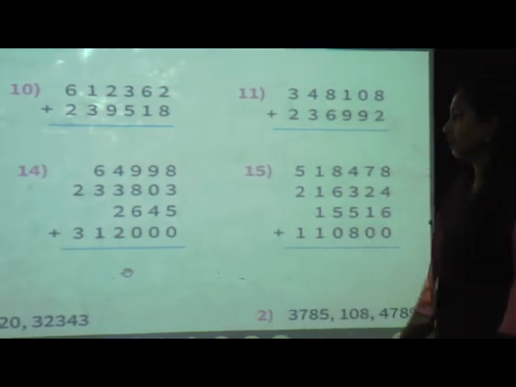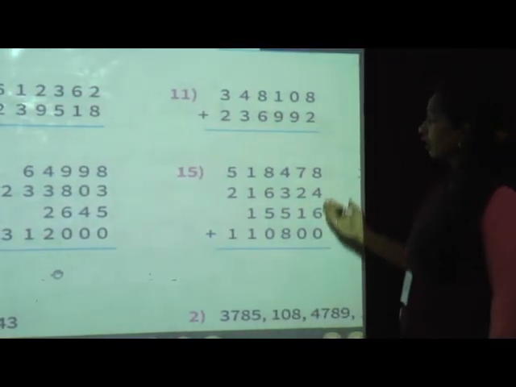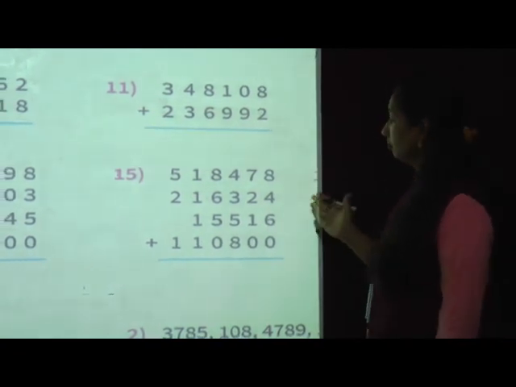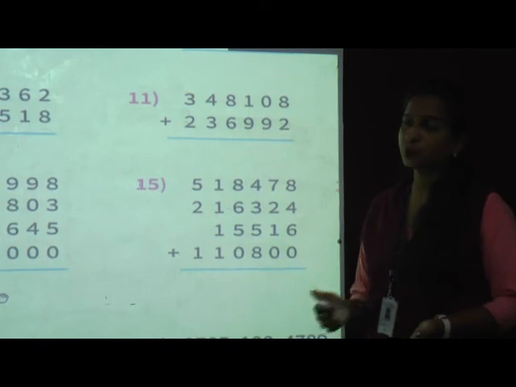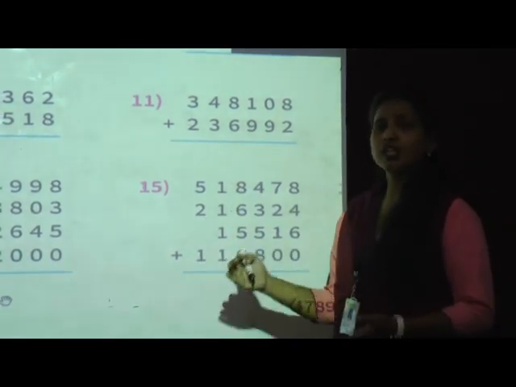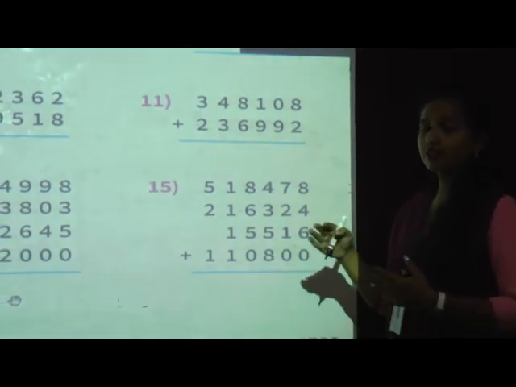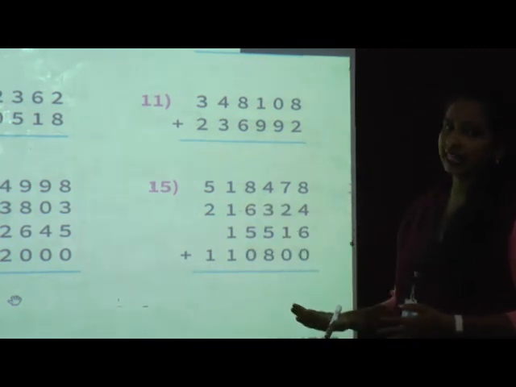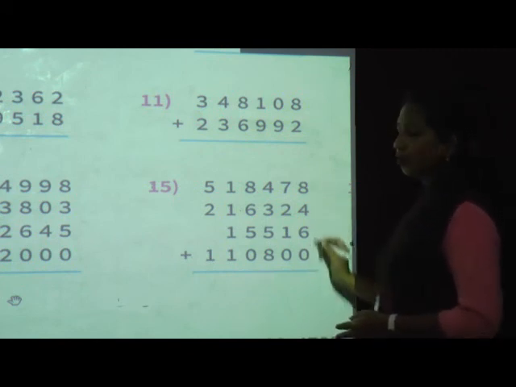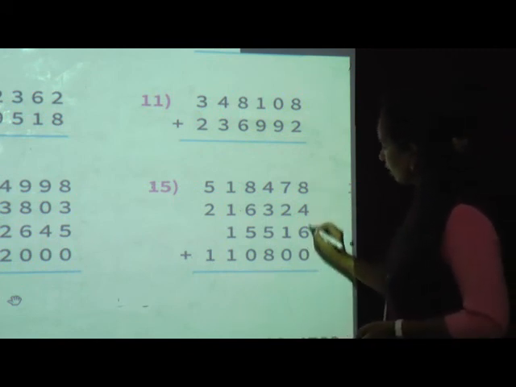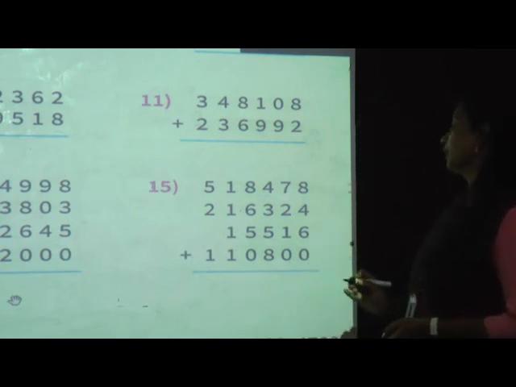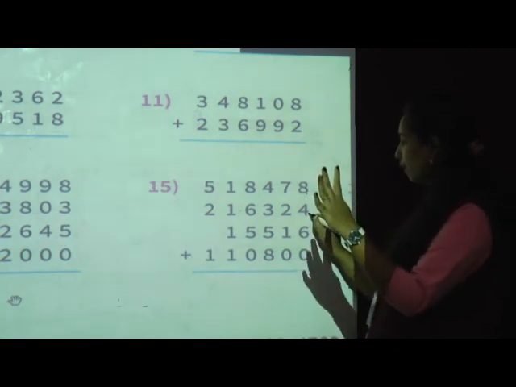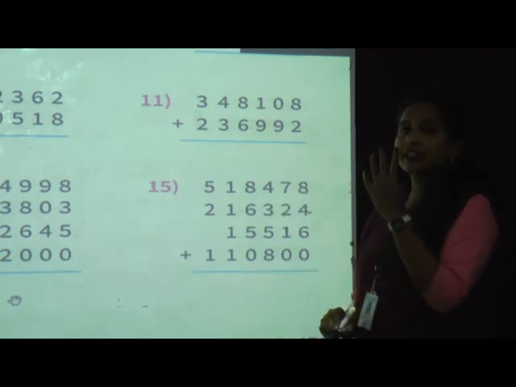What is the 15th one question, students? So now this question I will solve by counting the fingers, because some students don't know directly addition. You just keep trying. When you try, you can do in the same way. Most of the students are knowing directly addition, but here I'll go with the fingers. Now here these 4 numbers we have to add together. Now this is what? 8. 8 keep in your mind. Now 4.